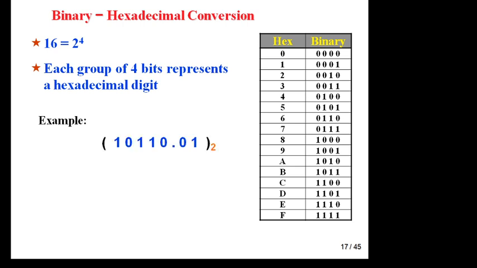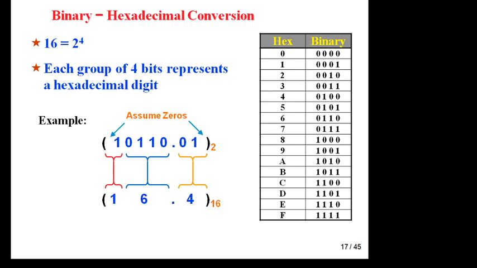In the same way, suppose you have to determine the hexadecimal of this number. Make groups of 4 bits now. 0 1, just make it here, and now there is only one bit. Just insert 3 zeros here. Similarly, insert 2 zeros here. Okay, you have to remember it is a group of 4 bits. So assume 0 as much as you can. The answer is 16.4. Same thing is applicable from here to here.